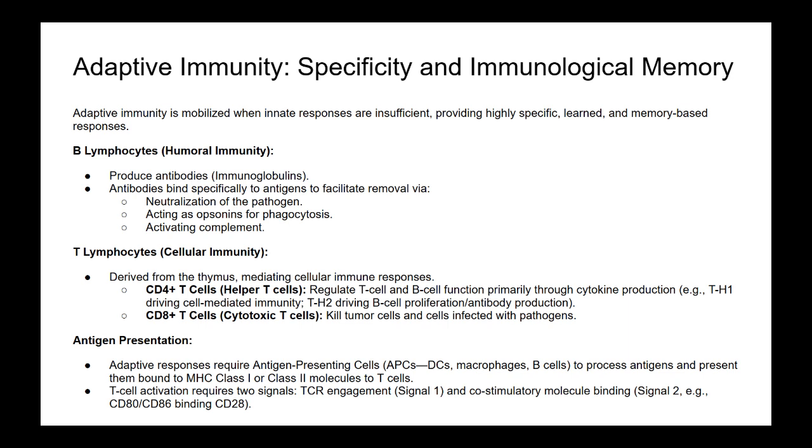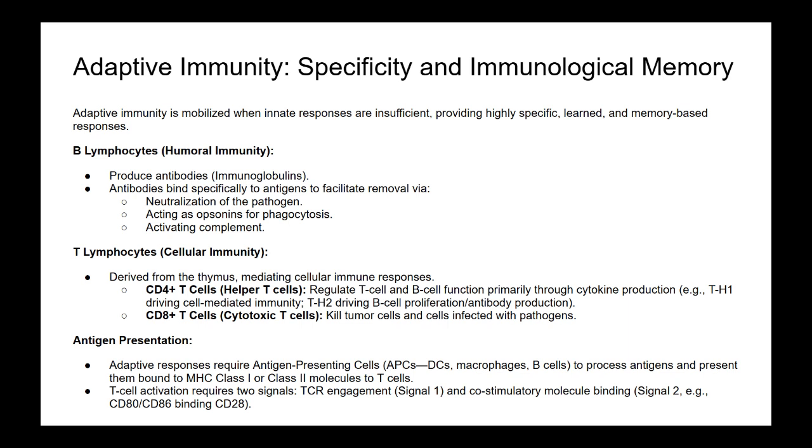But that's not enough on its own. Usually not. You almost always need signal 2, which is the co-stimulatory signal. A classic example is the CD28 receptor on the T cell binding to its partners, CD80 or CD86, on the antigen-presenting cell. This basically confirms the danger signal. And what happens if a T cell gets signal 1 without signal 2? Often, it leads to a state called anergy, which is basically functional unresponsiveness. The T cell recognizes its target but doesn't get the go signal, so it shuts down. This is a key safety mechanism to prevent accidental activation against self.